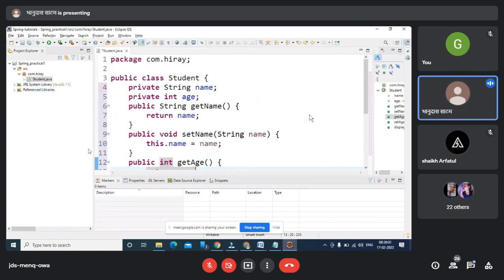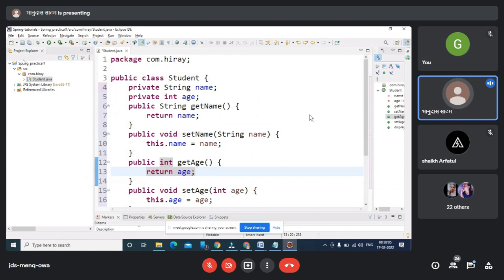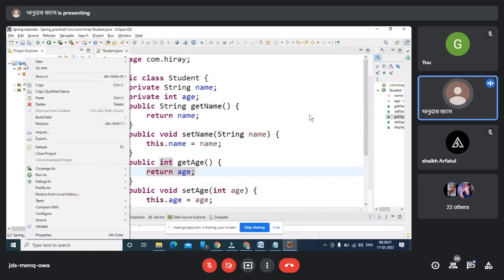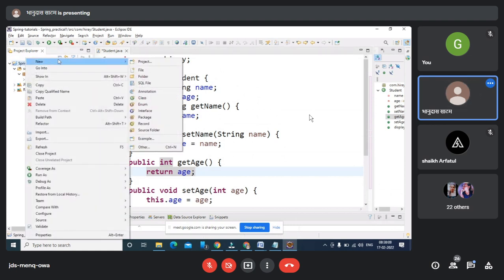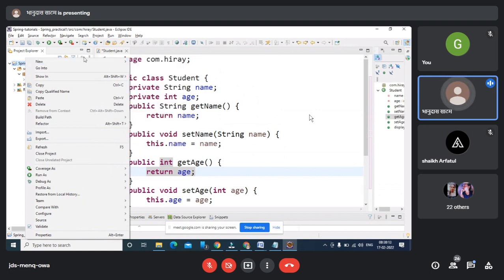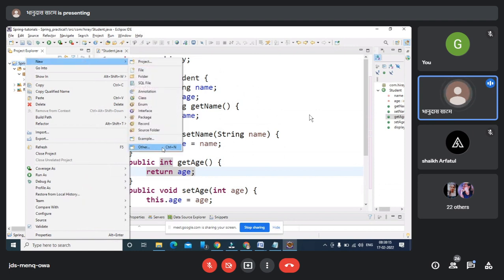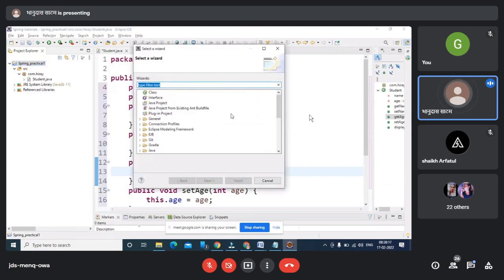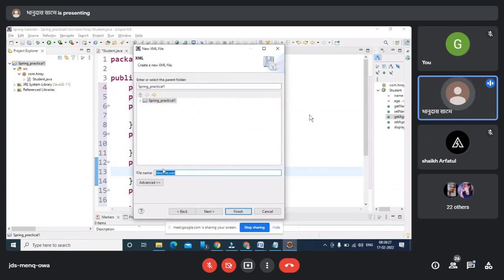Okay, so once I create it, I'm just clicking on the new file and I'm going to create my XML file. You are looking for an XML file, so just click on this part and look for an XML file here. It's required.